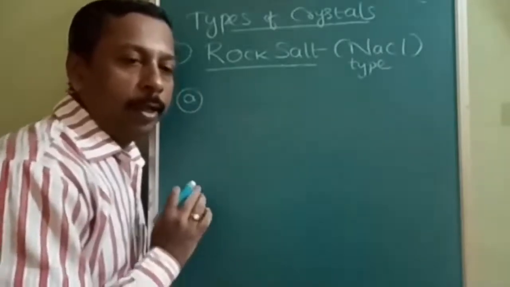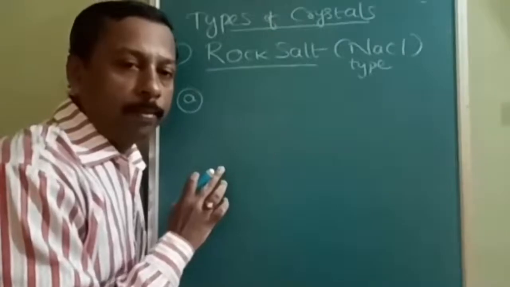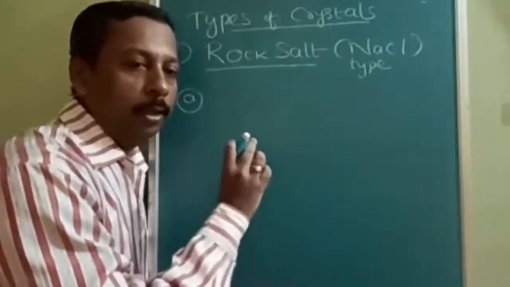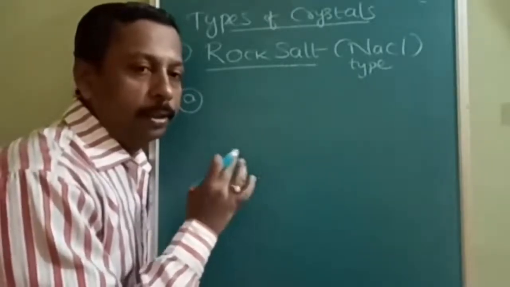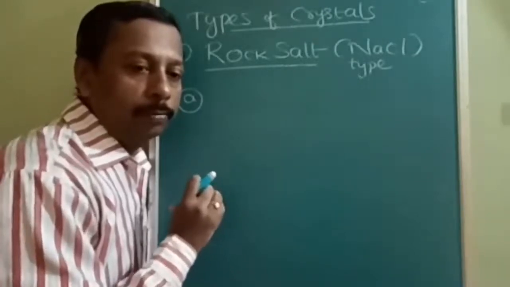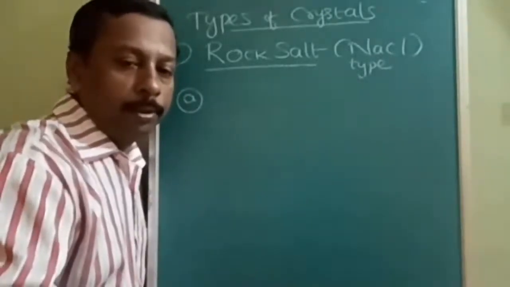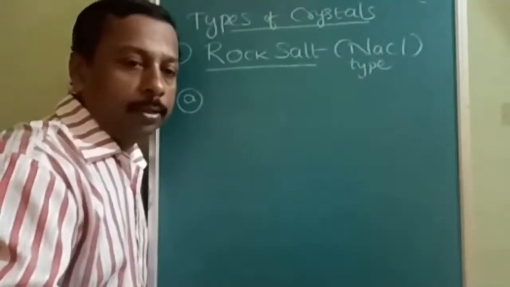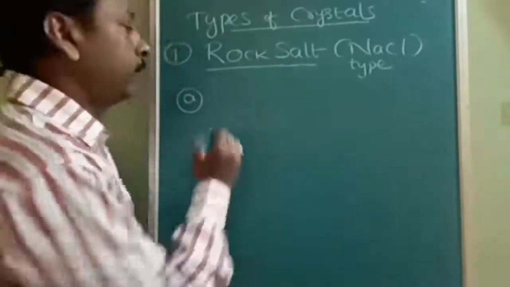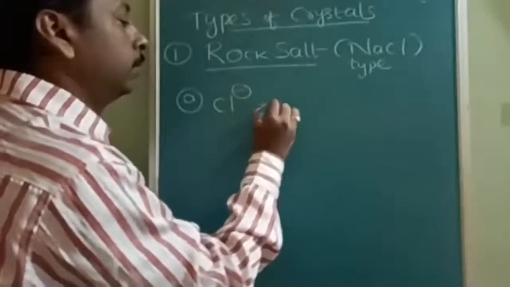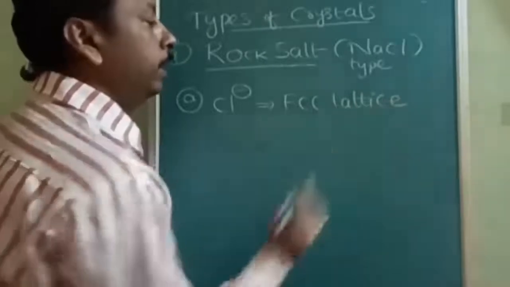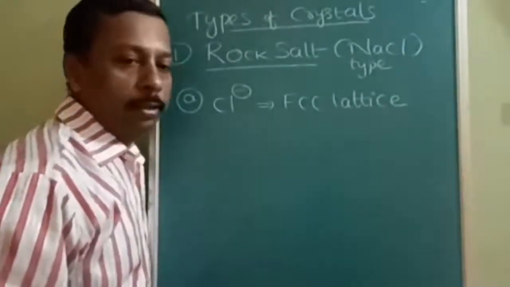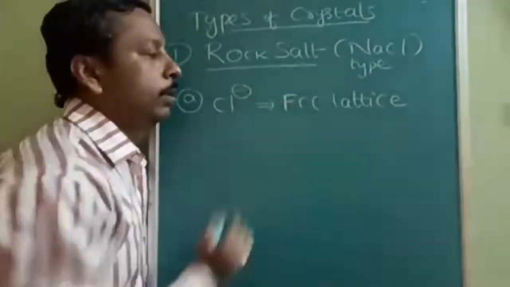After this, you have to make proper notes of this in tabular form. After going through this lecture, if you feel that you are perfect and remembering, then complete the table so that it is good notes for the objective type. So let's start with the first, rock salt structure, and you will remember only the first 2 points. First point: Cl minus forms FCC lattice. This much only you should remember.